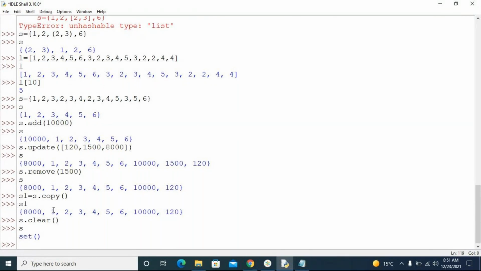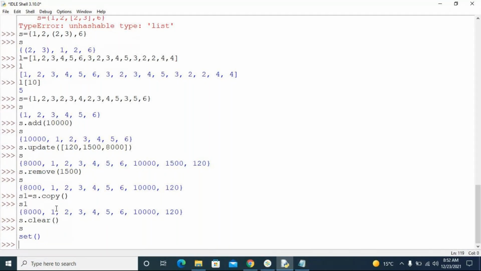So clear, remove, copy, update, add will be part of your set data type. You just need to understand every data type and where it is used. As we progress, you will get to it. Set is generally used to remove duplicates.